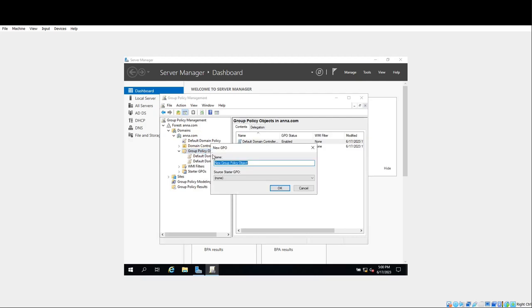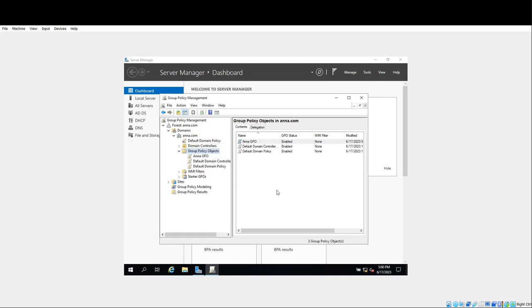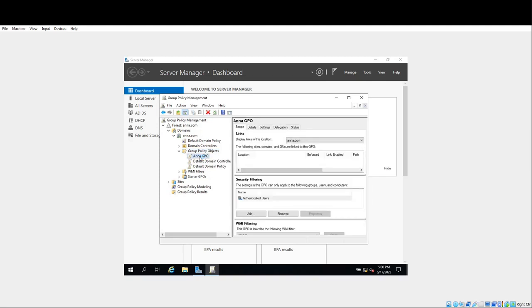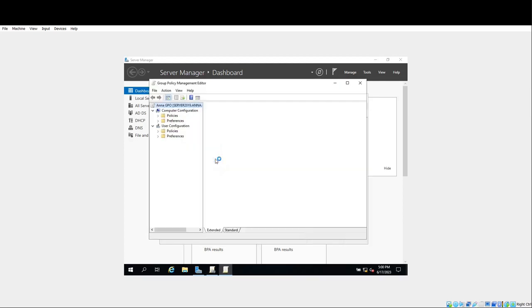new, and we type in the name. Okay. Right click on the group policy object, choose edit,